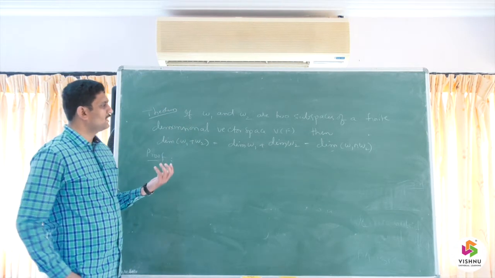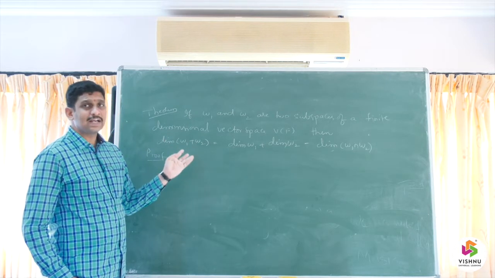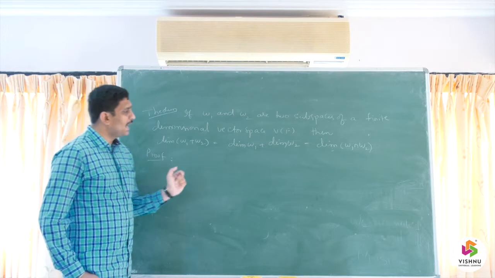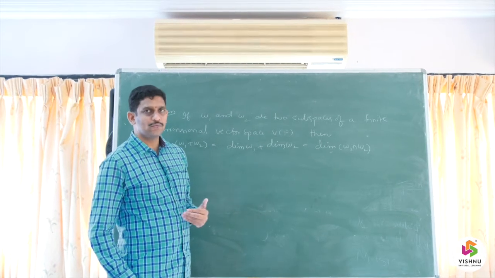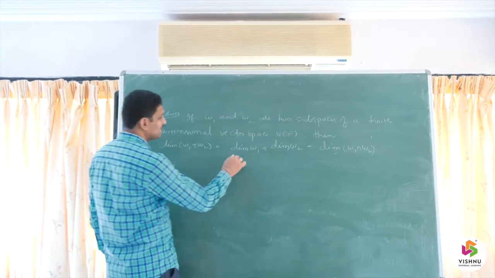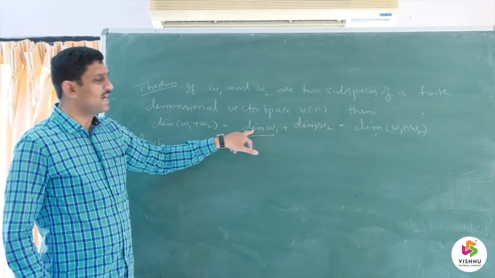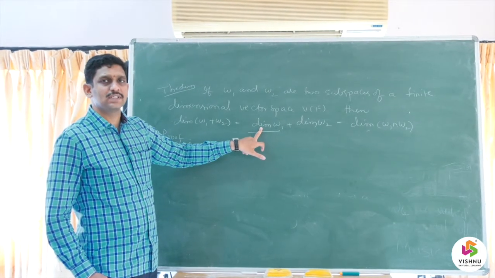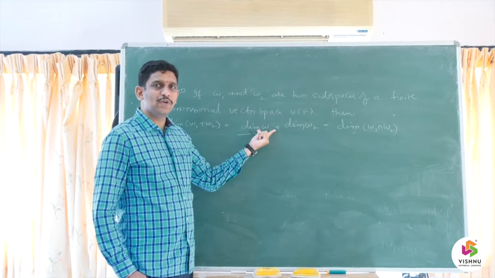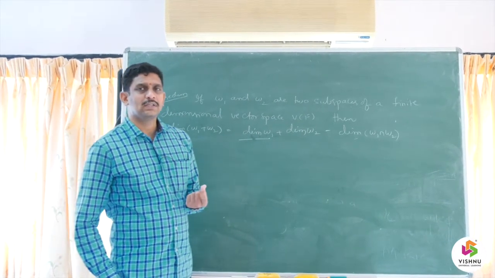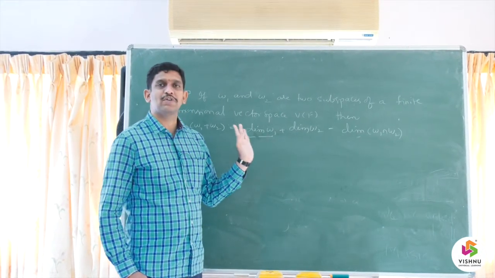Before going to prove this, let us understand what it says, what is the underlying idea or concept of this theorem. Then I will discuss the approach, how I am going to solve it, and only then the proof, right? First of all, what is meant by dimension of W1? Dimension stands for the number of elements in the basis. So I should know a basis for W1 and count how many elements are there, then it is nothing but the dimension of W1.